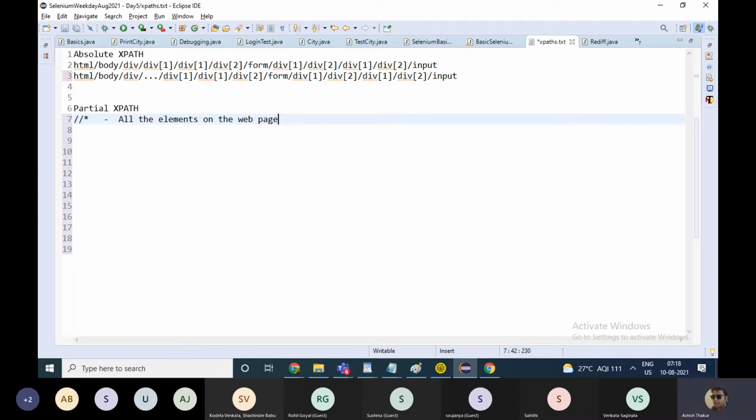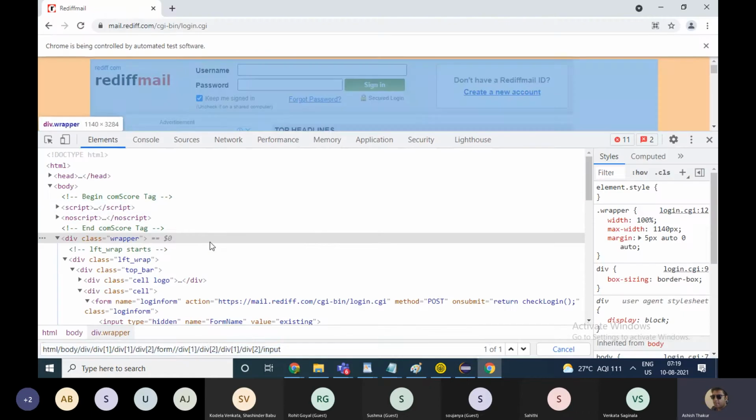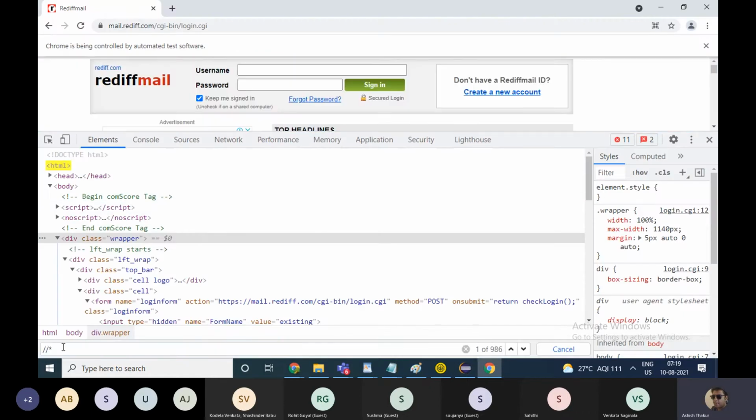If I just copy this and paste it here, on the right side, you will see one of 986 elements. One out of 986 elements.